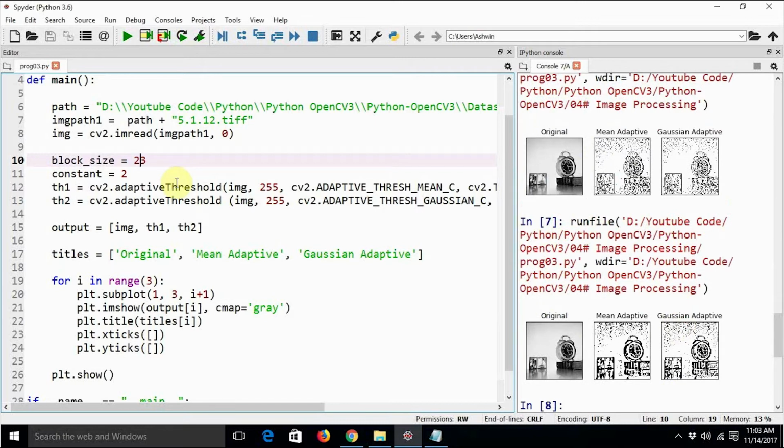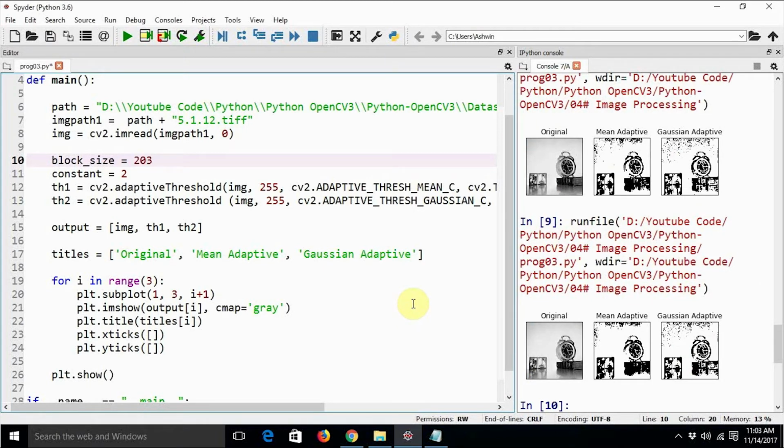And if we choose something like 73, then probably the images in the foreground as well as the images in the background are now clear. Because we have different lighting conditions, as you can see, the surfaces are differently lit, based on how much light they absorb and how much light they let go. So adaptive thresholding is the best way to calculate the thresholds of the image. Here I'm using block size equal to 93.